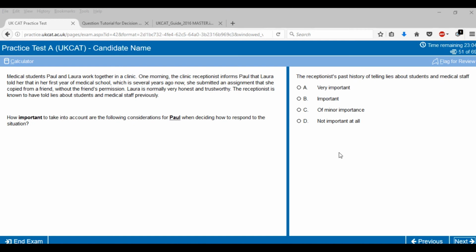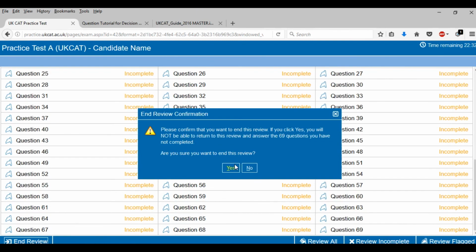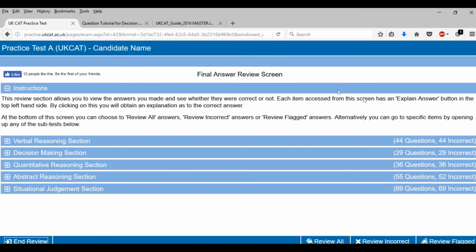And that's it, guys. So now you can just end review, and this is the last segment of the test. So you can just press yes, and this just tells you how many questions you got incorrect. This is your final answer review screen. It tells you, this is your mark scheme essentially. This is the screen that tells you how many you got correct and how many you got incorrect. So as you can see on the abstract reasoning, we actually got 3 questions correct, even though we didn't complete most of these questions. If you press this over here, it tells you this little